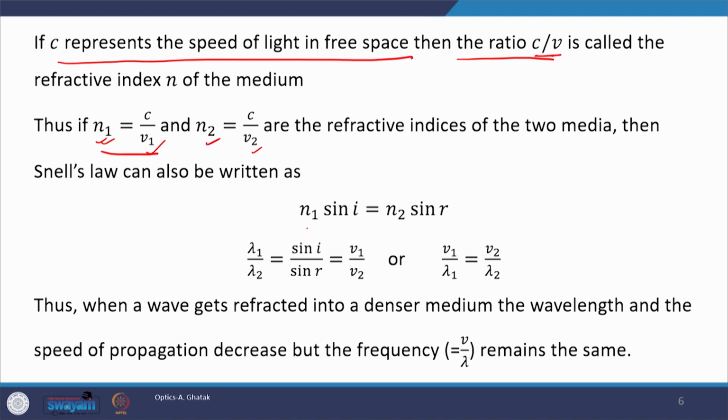Then we know that Snell's law is sin i by sin r is equal to n2 by n1, which is written here, but the same thing can be written in terms of v1 and v2 as we derived earlier,